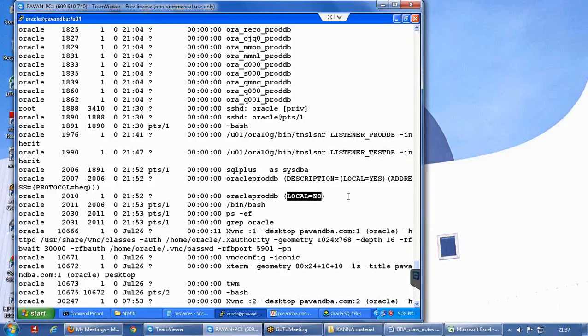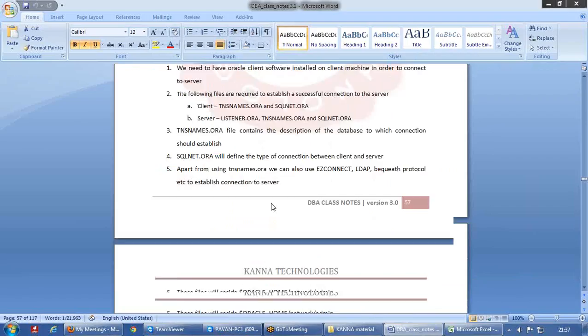Okay, so that is how usually the connectivity to the databases is established.